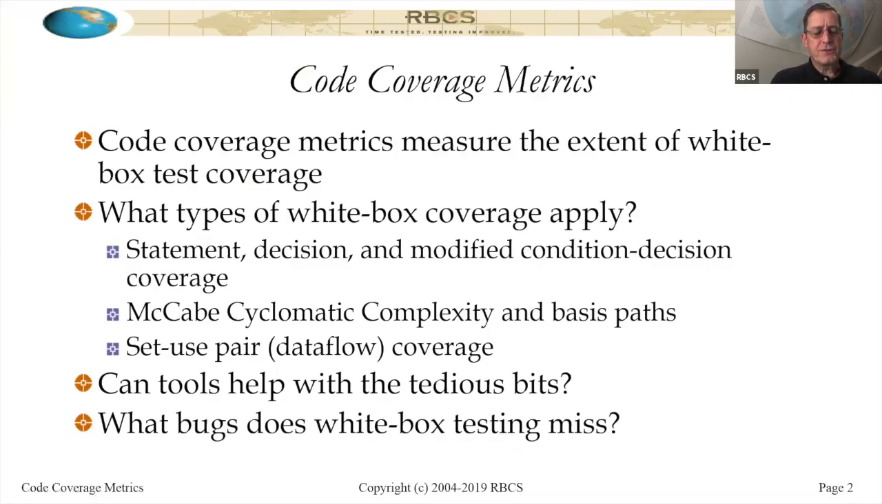So code coverage metrics are a way to measure the extent of your white box test coverage. By white box, we mean testing that's based on the structure, the way the system is built, how it is implemented. And we're going to look at three basic types, actually sort of four types here of white box